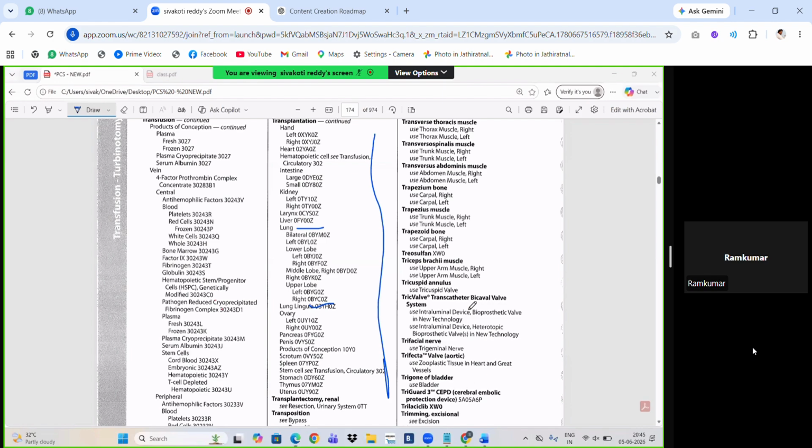Okay, like this, you need to find. Suppose pancreas, 0FYG0Z. Spleen, 07YP0Z. Kidney, left to right, 0TY10Z, 0TY00Z. 6 digits you will get in the index. Transplantation procedure, 6 digits you will get in the index, because now